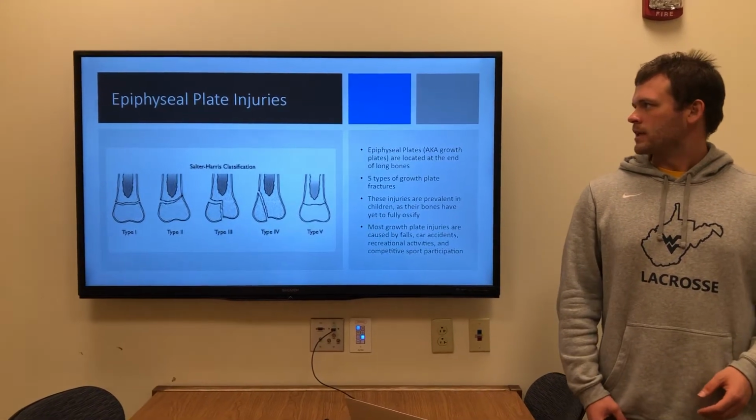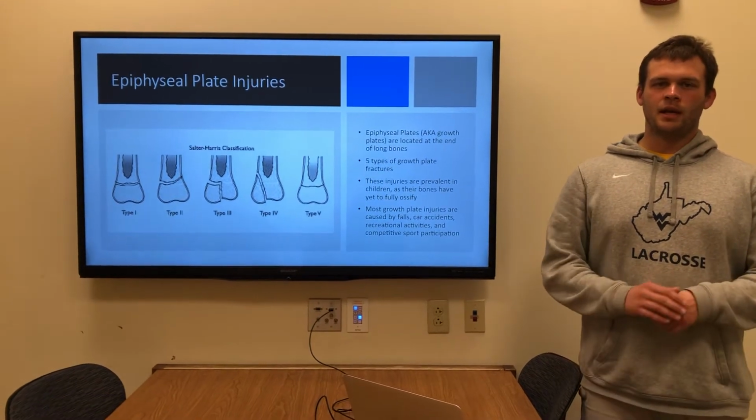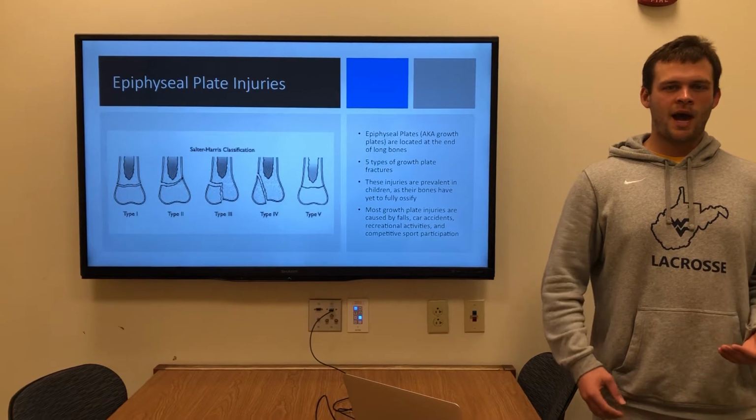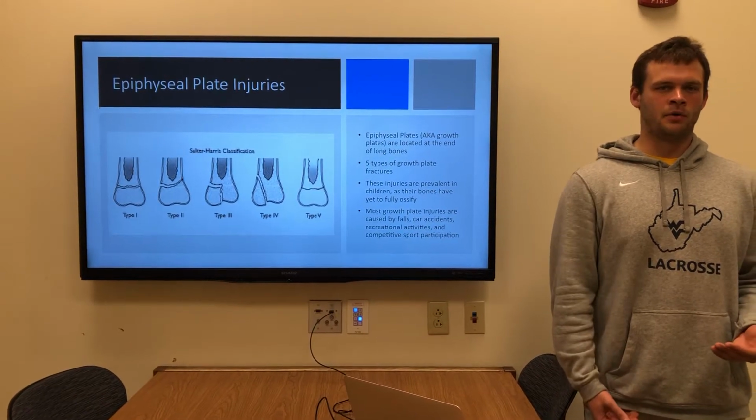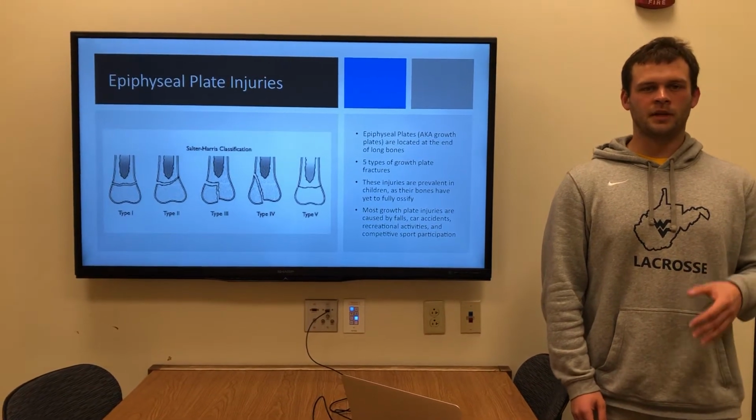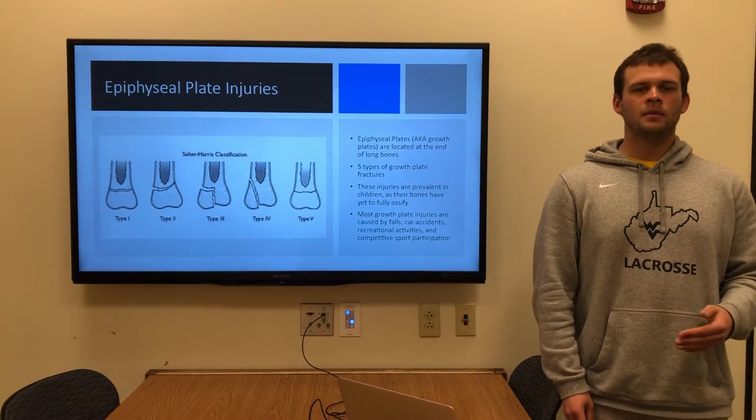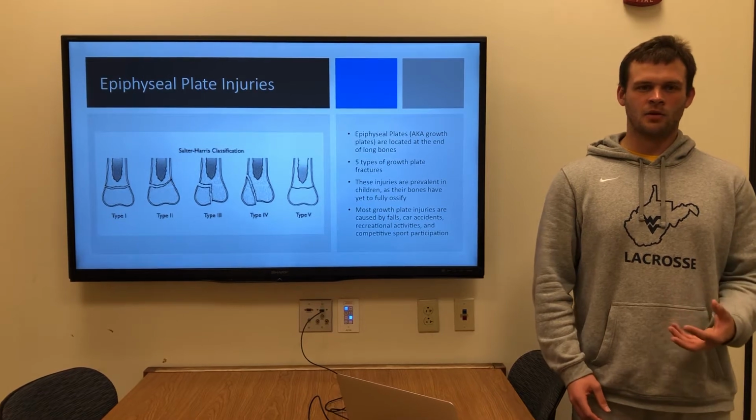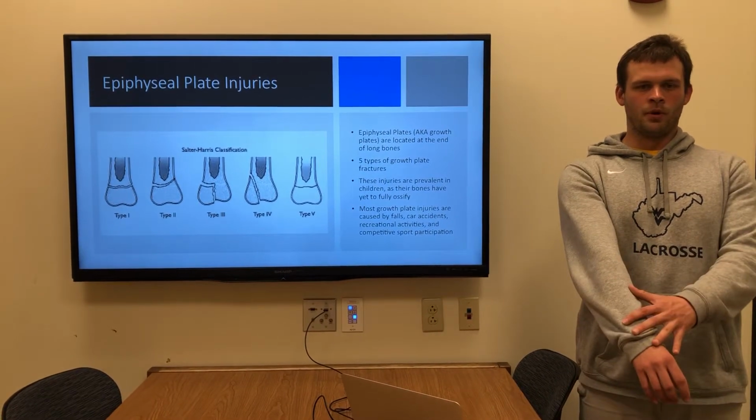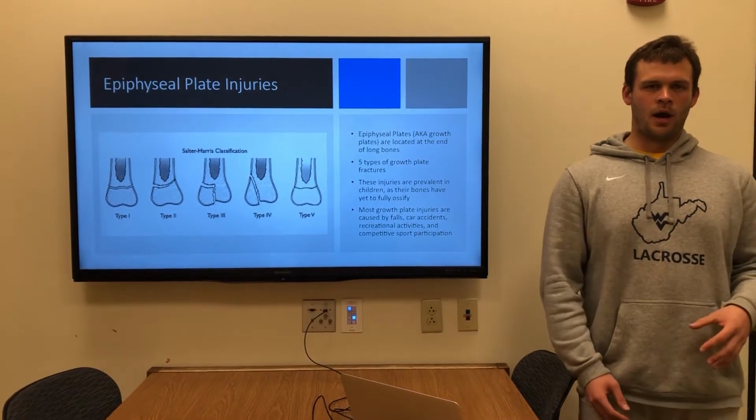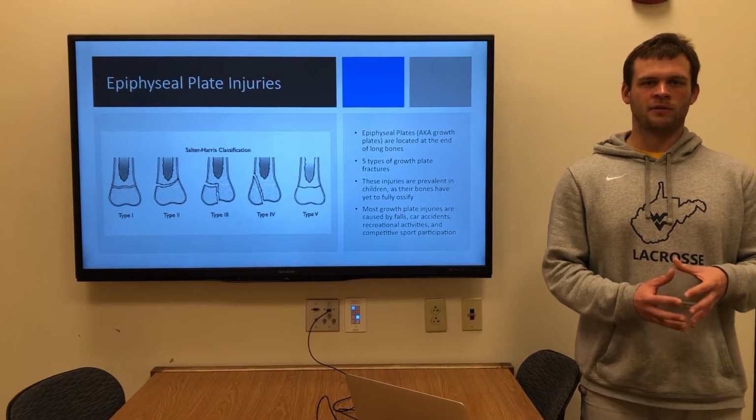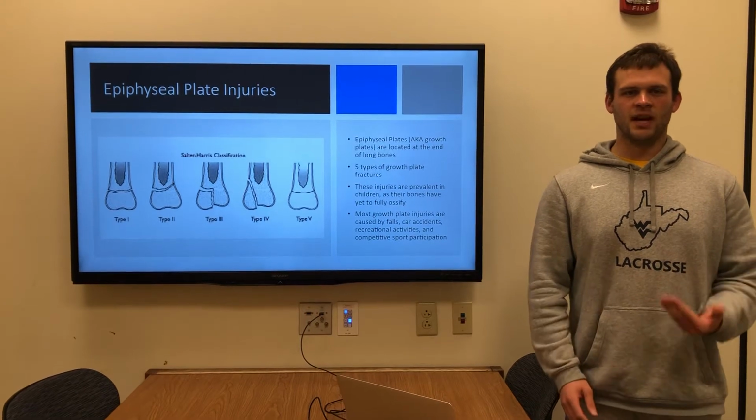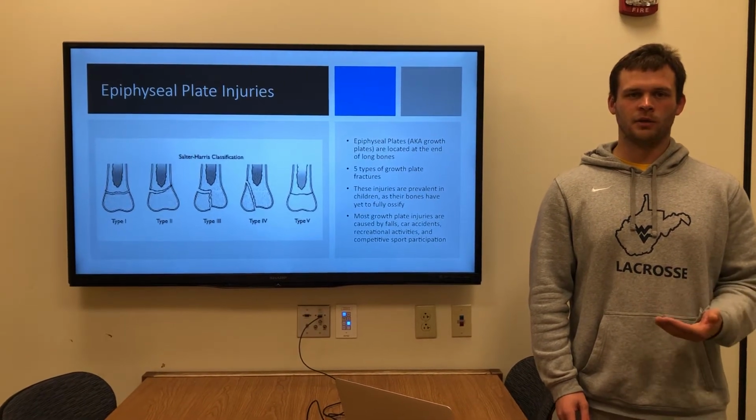So first, we will discuss epiphyseal plate injuries. An epiphyseal plate injury is also known as a growth plate injury, and they happen at the ends of long bones. These injuries are particularly prevalent in children because their bones have yet to fully ossify or harden. So at the end of those long bones, such as the arm bone or the femur, those growth plates are made mostly of cartilage. It's more malleable than hardened bone is, so it's more susceptible to being deformed or injured